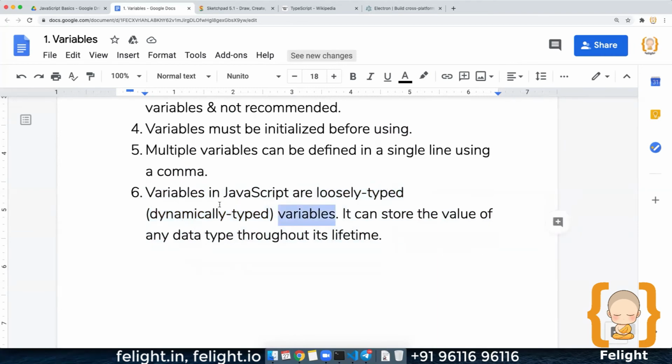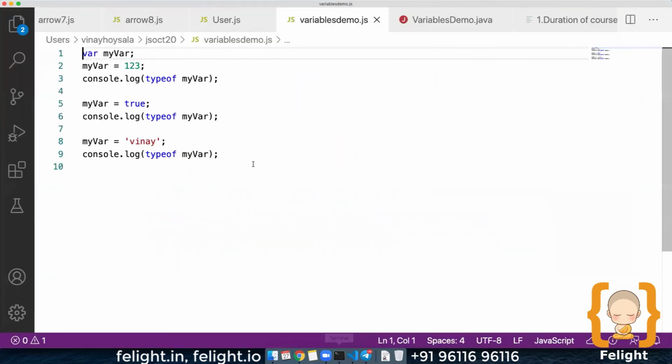Sir, for the comma, should we write x, y, z is 1, 2, 3 or x is equal to 1, y is equal to 2? I think since you come from a Python background, you are assuming that, right? Yes, you can assign some value like this and go for more variables and assign values. That is the way to go.